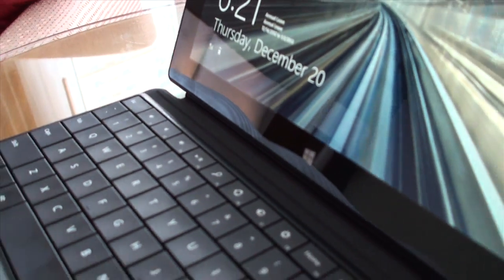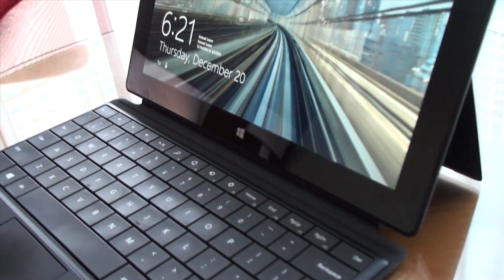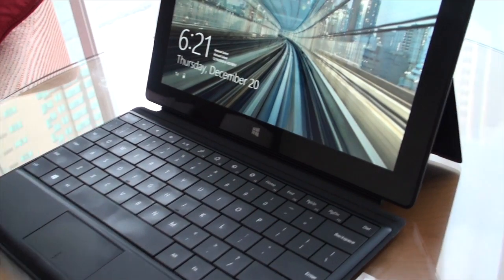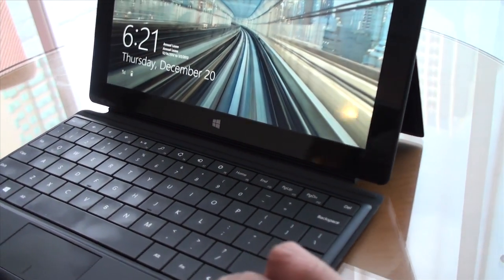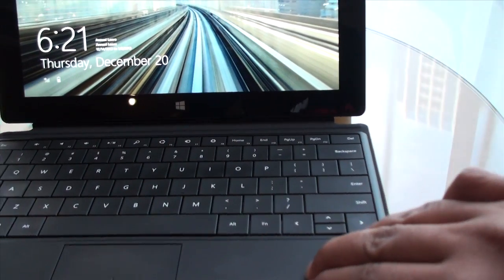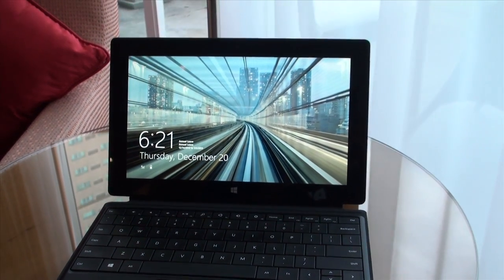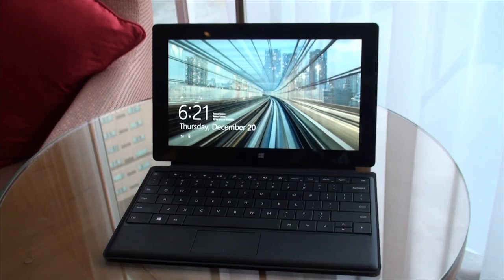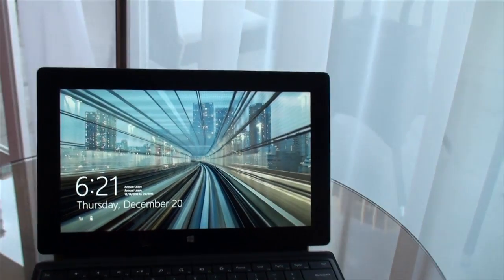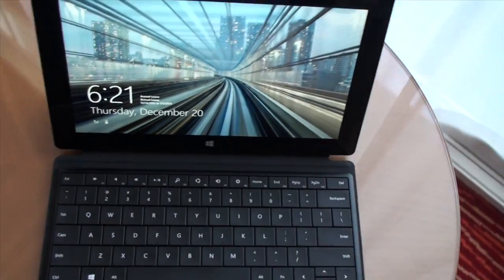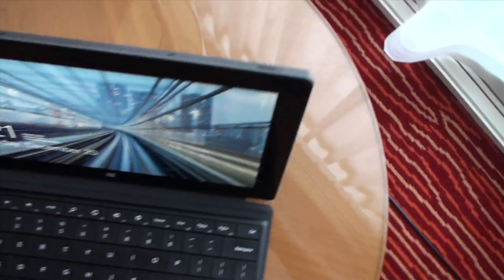Now this particular model is a 64 GB and it's actually got the tactile keyboard attached to it. There is a soft touch version as well, but I think this is the type version. I get confused between the different models. Anyway, what you will notice here, it is absolutely stunningly sleek, and looking at the different profiles,